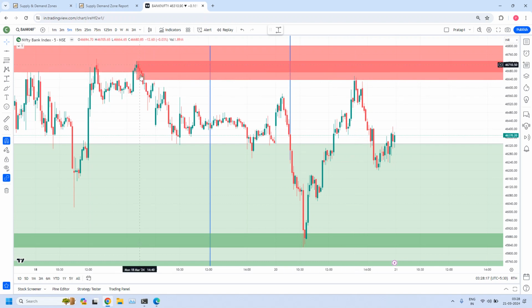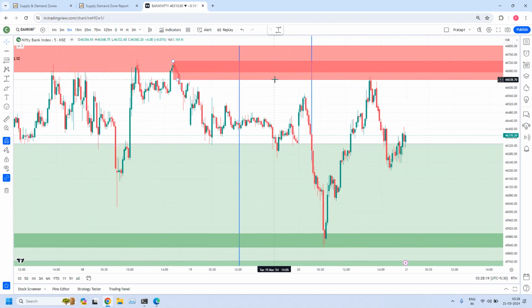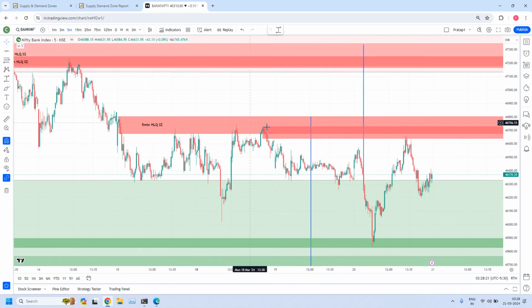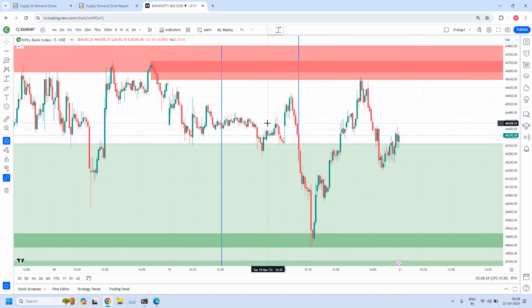And moreover, this is a more perfect trade. See, the 5 minutes high liquidity, a new demand zone. This is how it generally happens in high liquidity zones. So earlier also, see rally, base and drop. And from this, these orders are picked up. And today from this area, these orders are picked up.